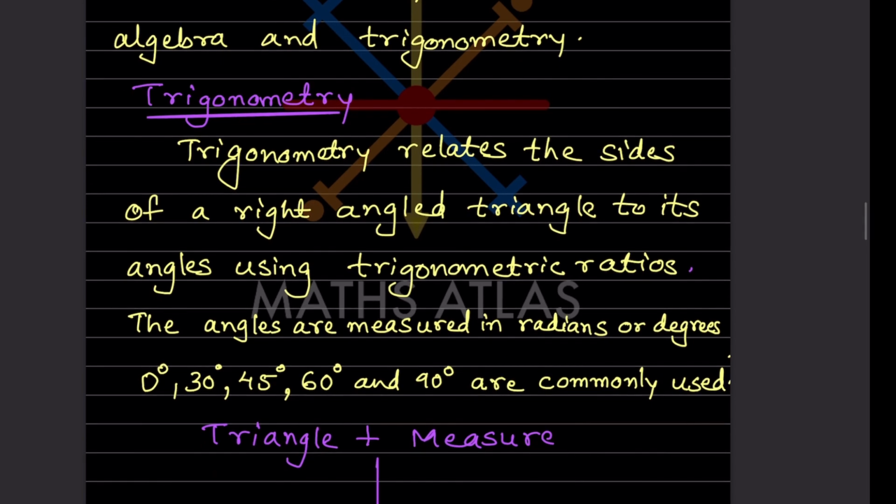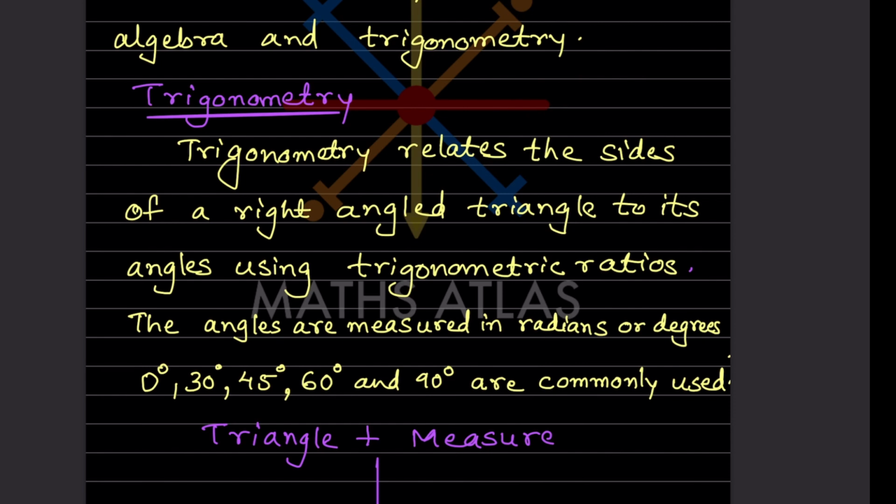Today we are not going to see examples, but the introduction of trigonometry and the base formulas which are frequently used, and so on. So what is trigonometry? It relates the sides of a right angle triangle. You know this is a right angle triangle. Here this is 90 degrees and this angle is called theta. This is the hypotenuse, this is the opposite side and this is the adjacent side.